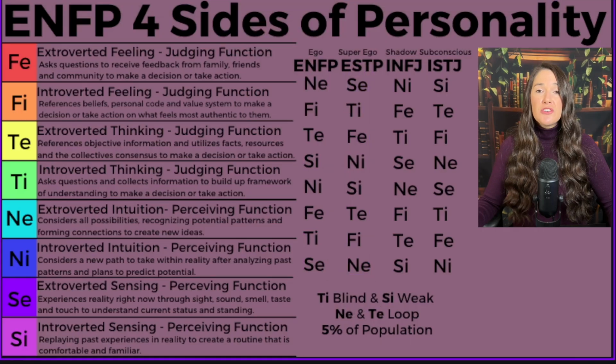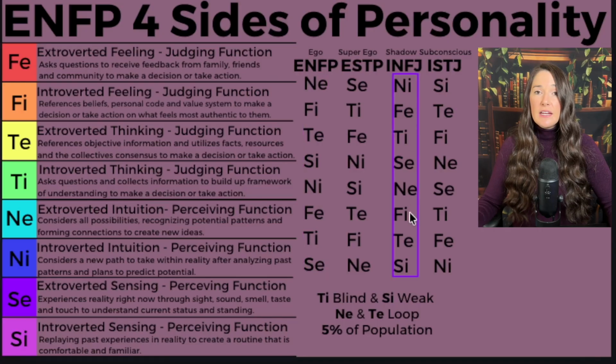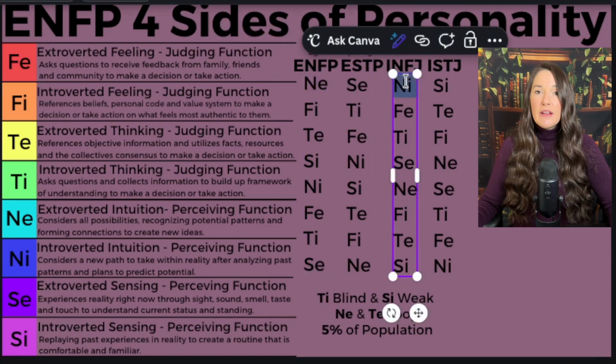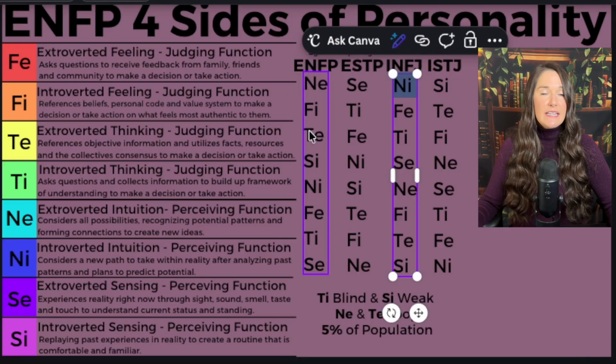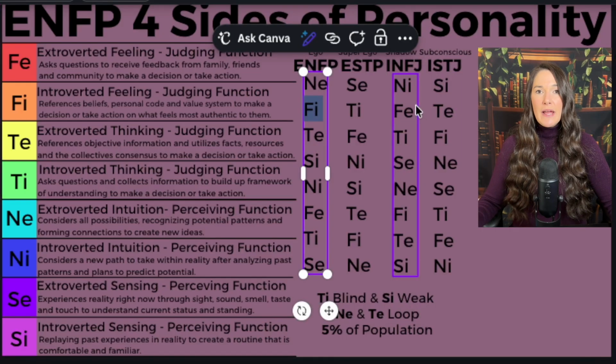Now, ENFP, when you're struggling, you can't figure out an answer to a situation, you can't figure out an answer to a problem, you're super stressed, you're overworked, you just don't know what to do, your ego is going to shift into the last four, which is the INFJ personality stack. Because even though you have all of these ideas, you can't figure out an actual plan on where to take them. You can't figure out what path to actually take. You're a little bit overwhelmed with all these NETE concepts that you want to accomplish, and even though they all feel right to you, you don't necessarily know, like, okay, how am I actually going to accomplish all of these things? Like, what is my actual plan?